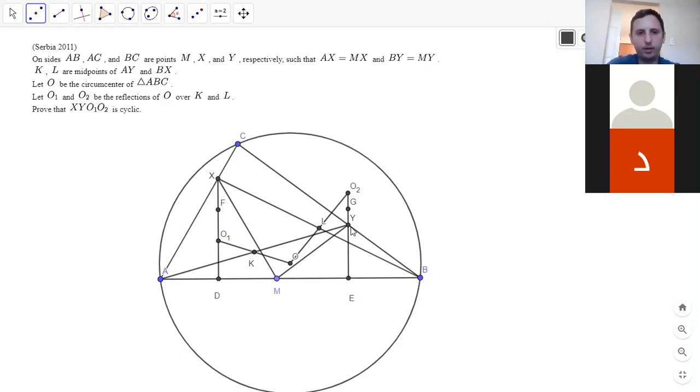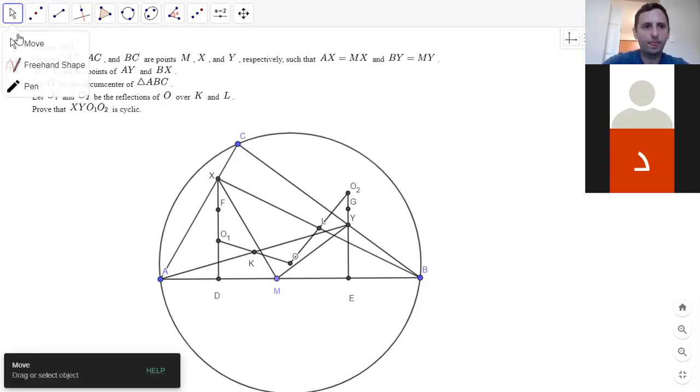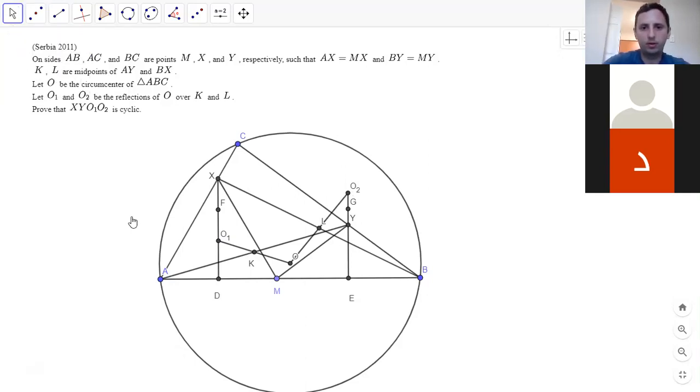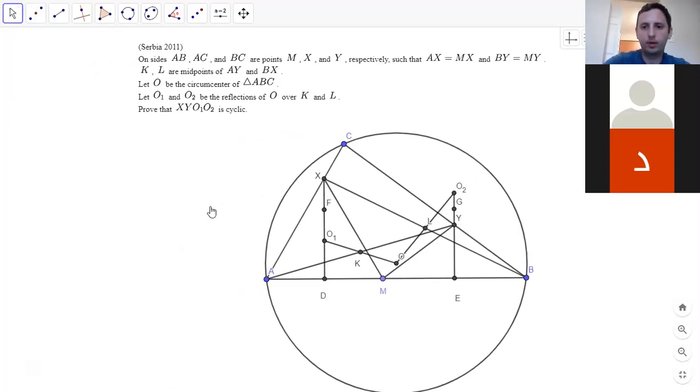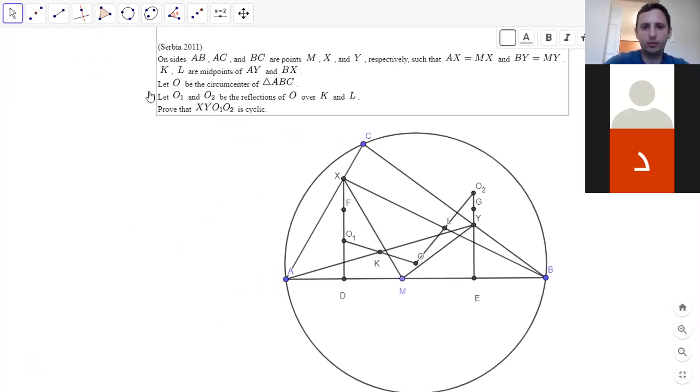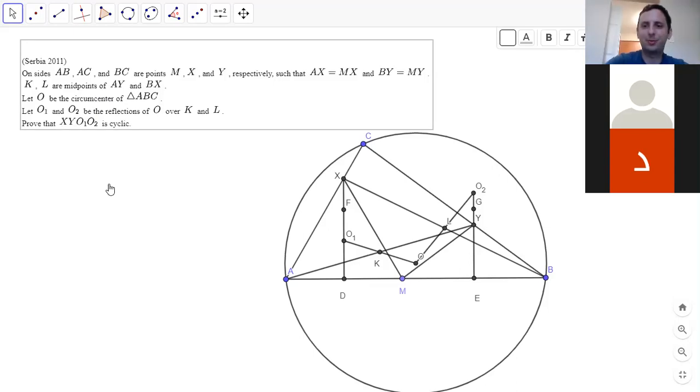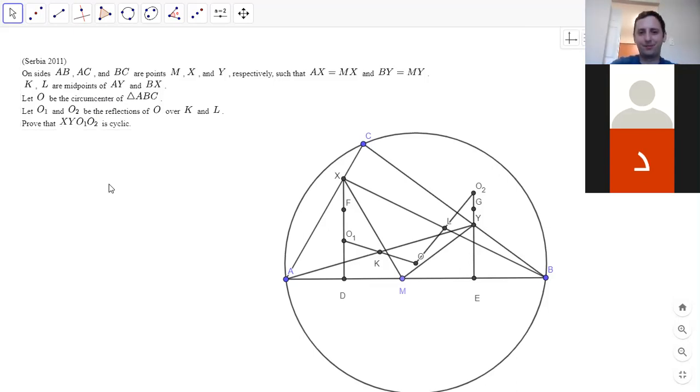And that might just be a length bash. I think it is. Let me start writing this up. But I think it's just, yeah, showing it's an isosceles trapezoid. Of course, GeoGebra made this a lot easier, but